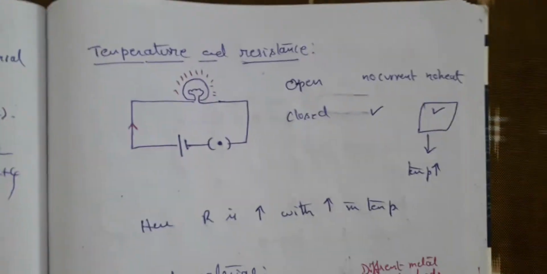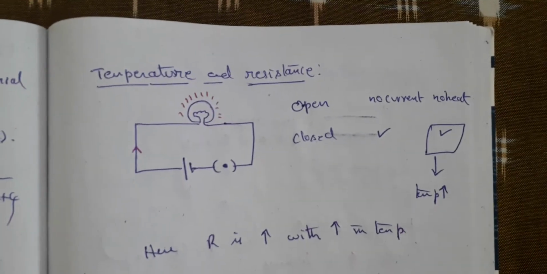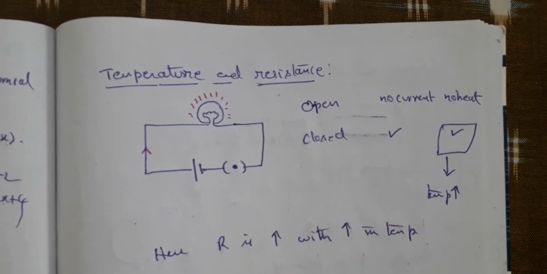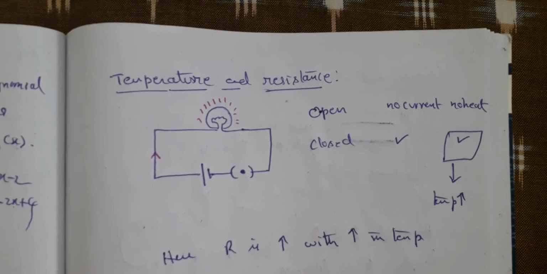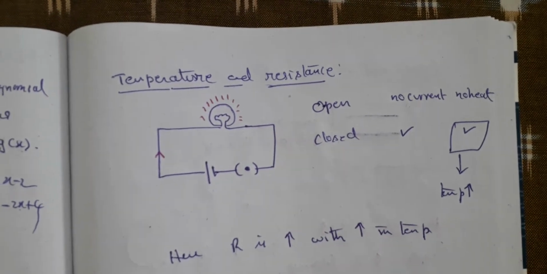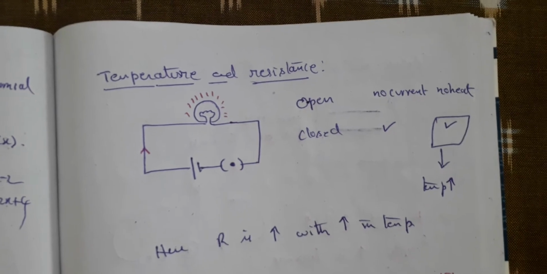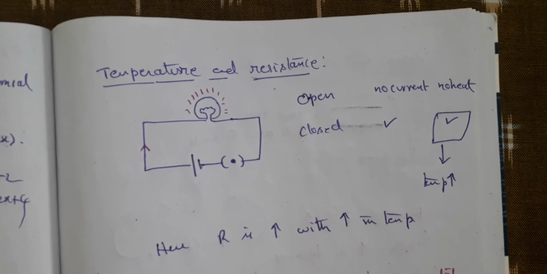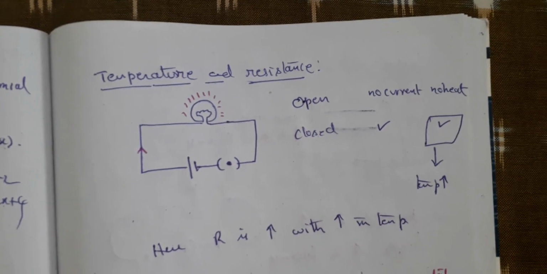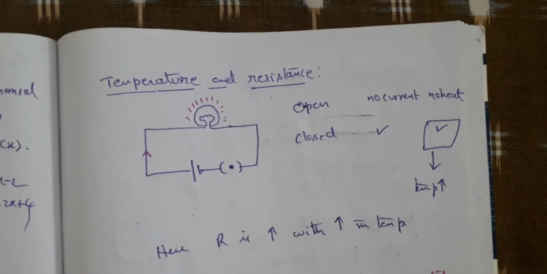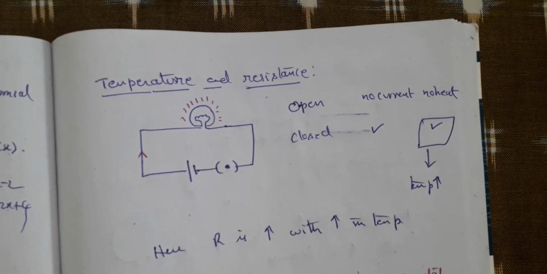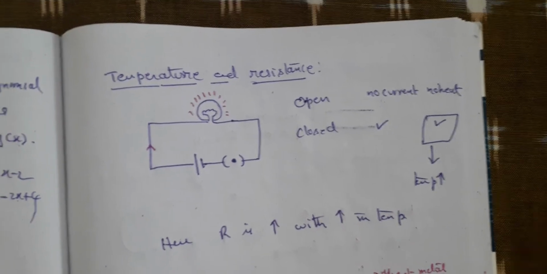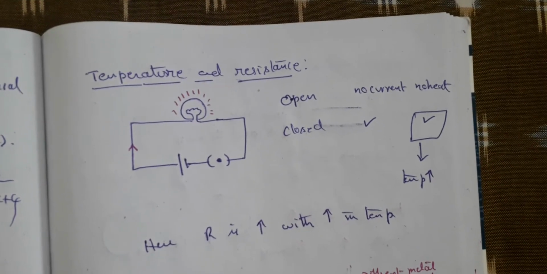Good morning, children. In the previous class, we discussed resistance, that is, the hindrance caused by the material to the movement of electrons. The flow of charge is obstructed by the material, and that property is called resistance. We have also seen that resistance depends on temperature, length, and area of cross section. So let us see a few activities to verify whether this is true or not.